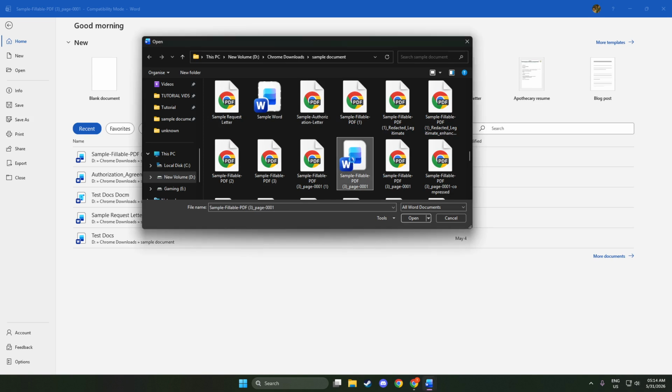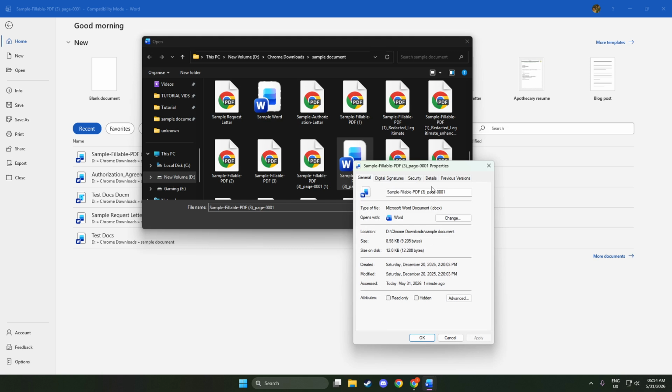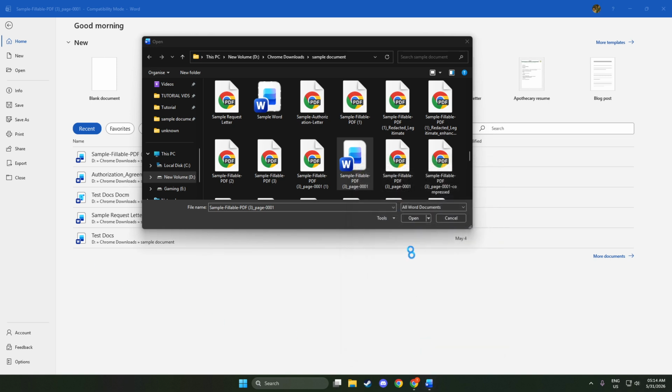A couple of quick notes to keep things smooth. Only enable editing if you trust the file's source. Protected View is there to help keep your computer safe. If the yellow bar appears consistently for files you know are safe, it's often because they were downloaded or sent by email, which is normal. And when you clear the read-only attribute, you're simply allowing the file to be edited on your device, which is essential if you need to make and save changes.